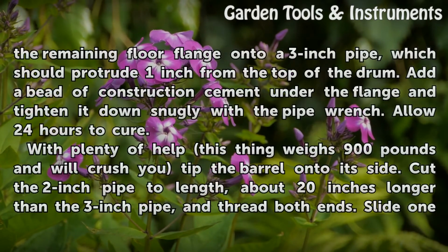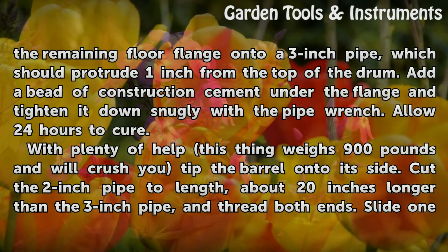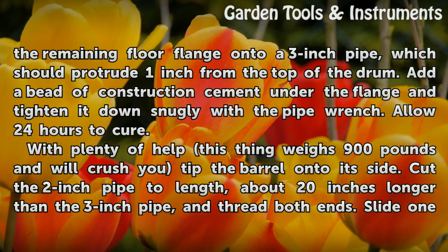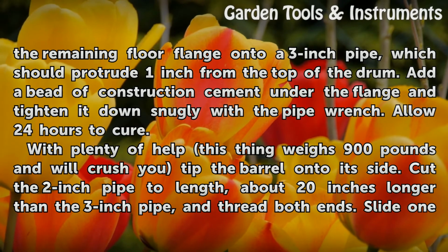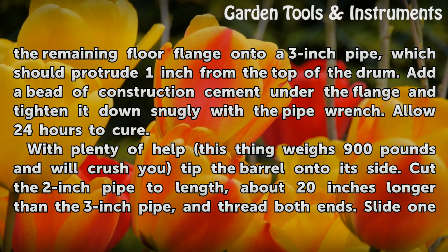Seal the lid in place and turn the remaining floor flange onto the 3-inch pipe, which should protrude 1 inch from the top of the drum. Add a bead of construction cement under the flange and tighten it down snugly with the pipe wrench. Allow 24 hours to cure. With plenty of help, because this thing weighs 900 pounds and will crush you,